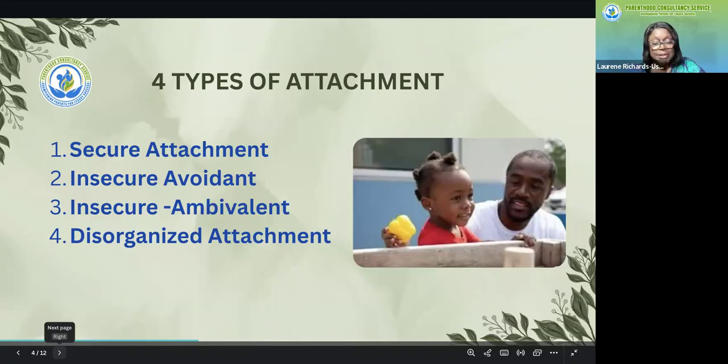Let me repeat this, parents. Unresolved trauma. And if the parent has had some sort of abuse in the past or severe neglect, this is where the parent becomes disorganized. So it's a disorganized attachment where the child shows contradictory behaviors because the child doesn't understand,